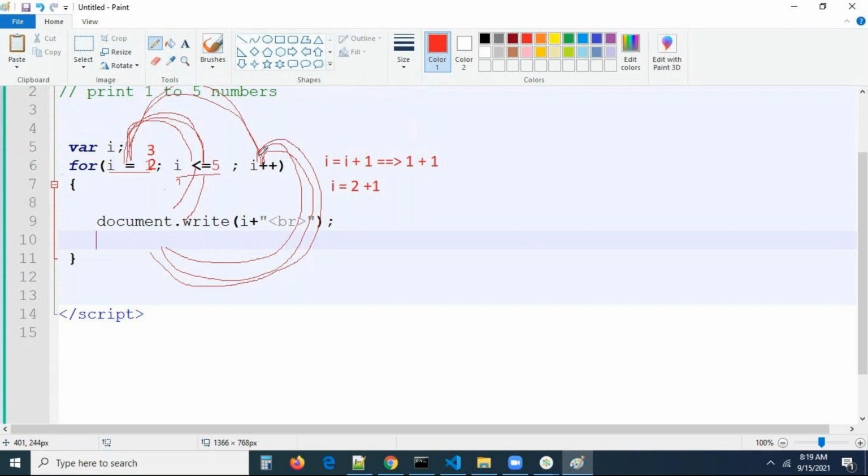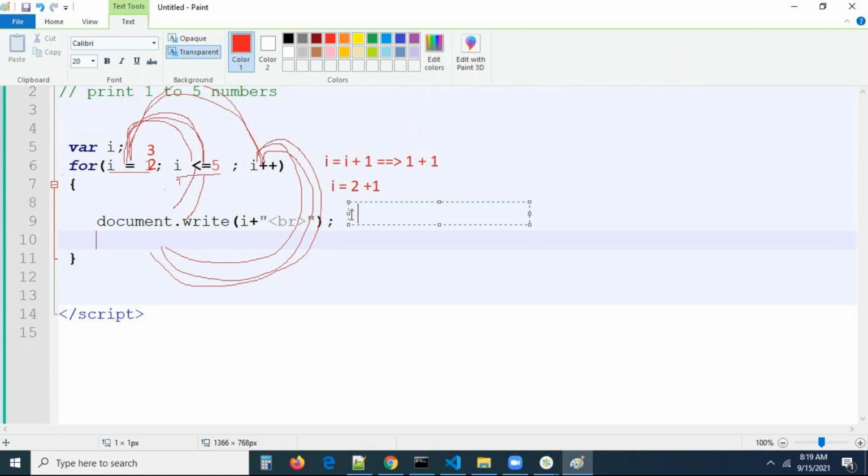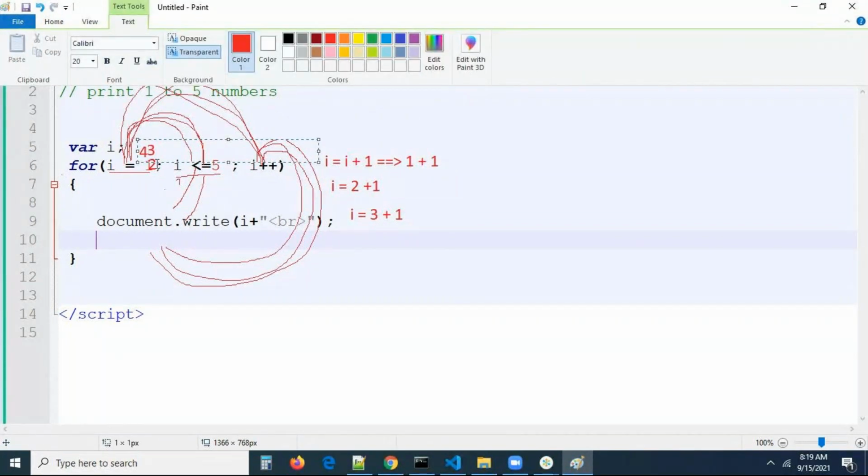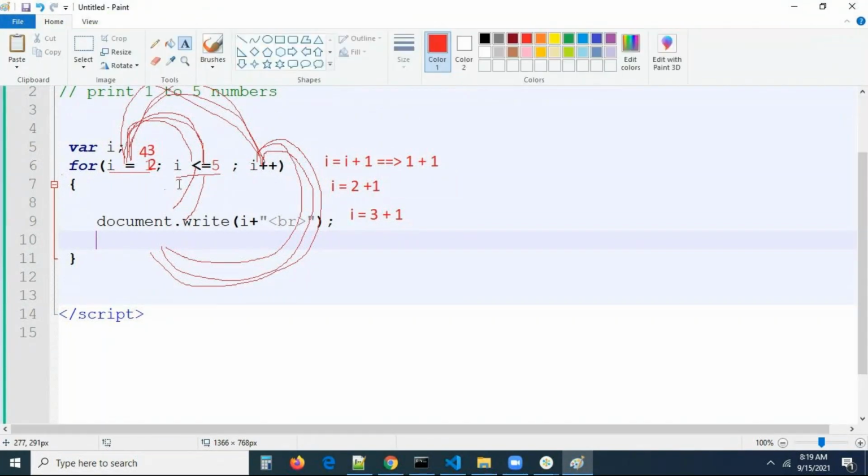Now this time I equals 3 plus 1, it will be 4 now. From here the loop will go here, this is the loop, and the I value changes to 4. What is the I value here? It is going to be 4 now. So here 4 less than 5, condition true. If the condition is true, it will come here. So you can see this is the fourth time the block of code will be executed,